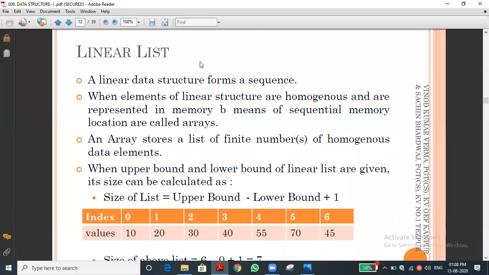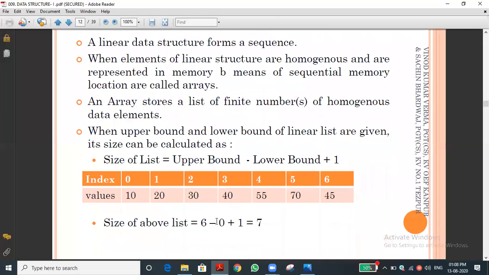Linear list. We are going to see the linear list. Linked list is different; linear list is different. Linear list means it has only one row. Our normal list is called a linear list. And how to find the size or length? Normally we can easily get it by using the len function. Len of list returns how many elements are there. But anyhow, as per the algorithm or data structure, we have one formula.